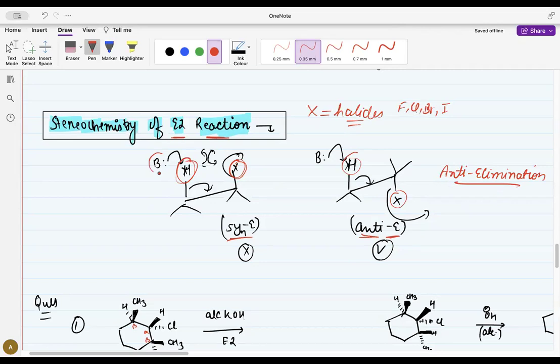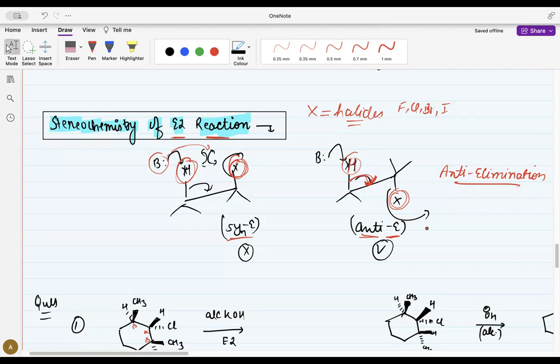क्योंकि अगर यहाँ से बेस आया, it will have steric hindrance between X and base. So above it can't attack. It has to go from opposite side. So it has to take hydrogen from opposite side of X, and it will make double bond here. यहाँ पर डबल बॉन्ड बनाएगा और X को रिमूव करेगा।